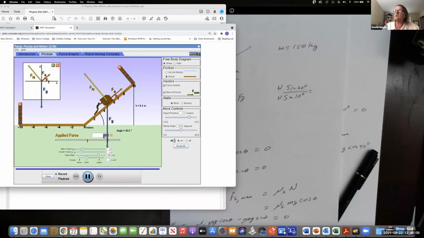So if I go to 700, my force applied is going to go up and my force of friction is going to go down. They're both going to be working to balance it. The friction doesn't have to work as hard because I apply more force. If I go to 700, force of friction went down. If I went to 800, force of friction went down more. What's going to happen now if I go to 1,000?